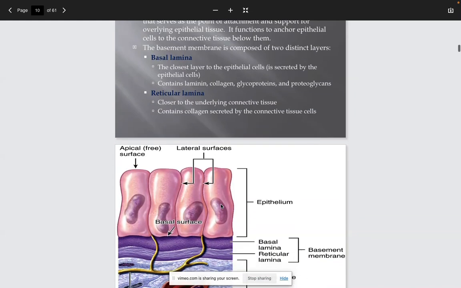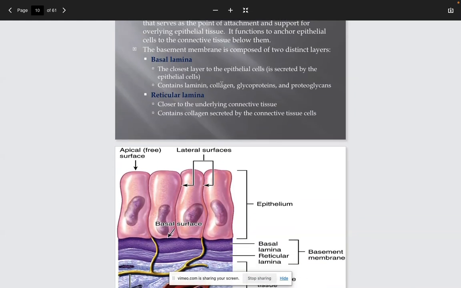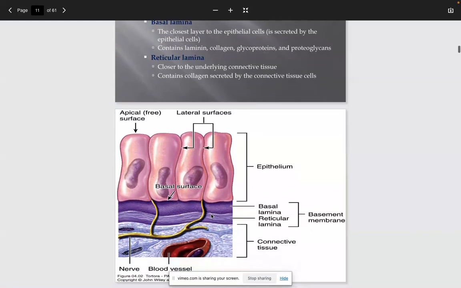The basal lamina, again, this is going to be the layer that's closest to the epithelial cells. And we have the underlying reticular lamina. This is closer to the underlying connective tissue. As you can see here in this picture, you've got the basal lamina. Both of these are present, making up the basement membrane. The basal lamina, which is closest to the epithelium, and you have the underlying reticular lamina, which is closest to